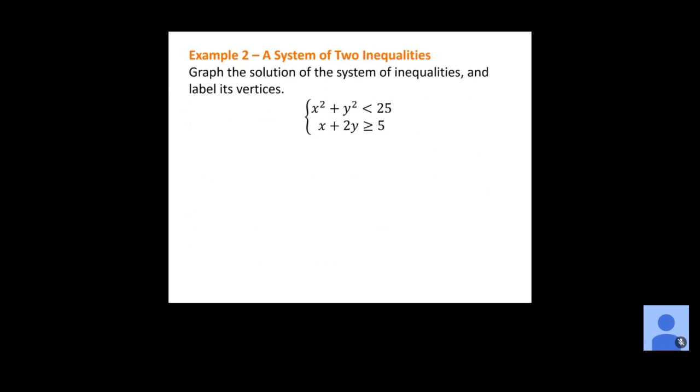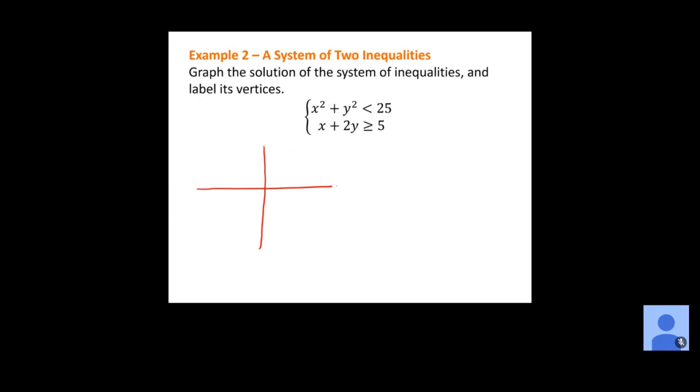All right, so this time we're given the exact same 2 inequalities that we just looked at, but now because of the brace, we know this is now a system of inequalities, which means we're going to graph them together, and we're going to try to find the overlapping region because that'll be the solution then to that system of inequalities. Now, since I already know what these look like,